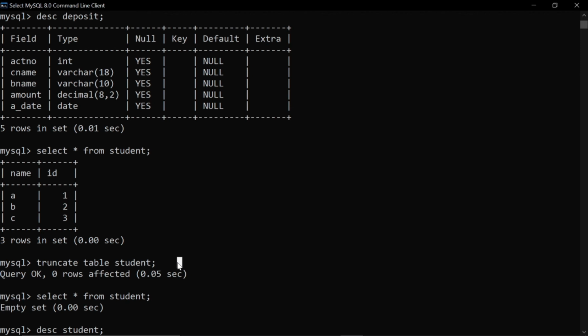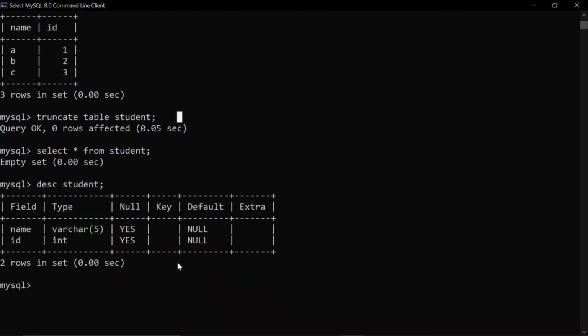In delete, if you delete the entries of a table, then you can roll back, means you can get the entries which you have deleted before. But if you have used a truncate command, then you cannot get that data back if you have not committed it, means you can undo with the help of delete command but not with the help of truncate command.